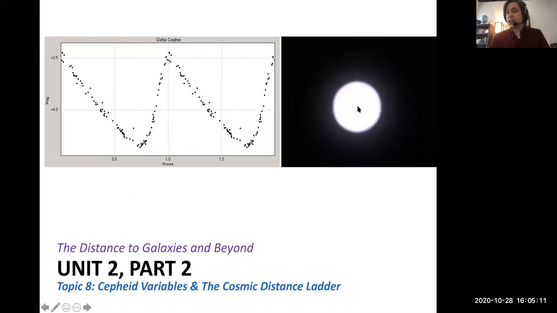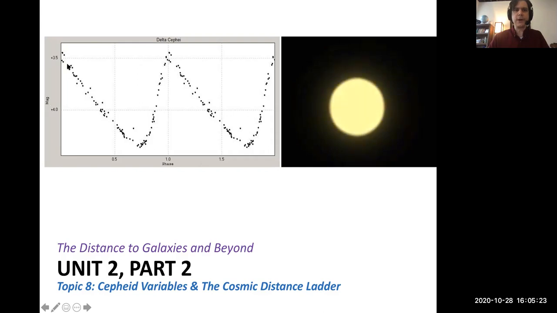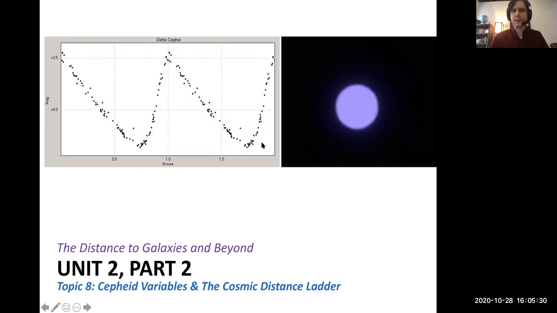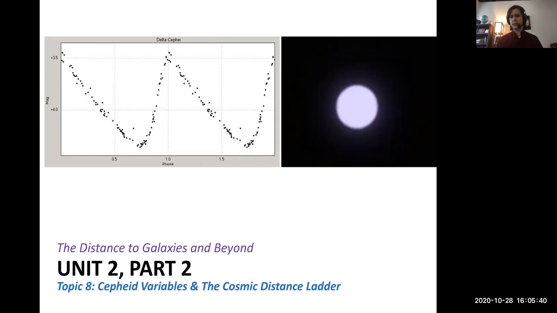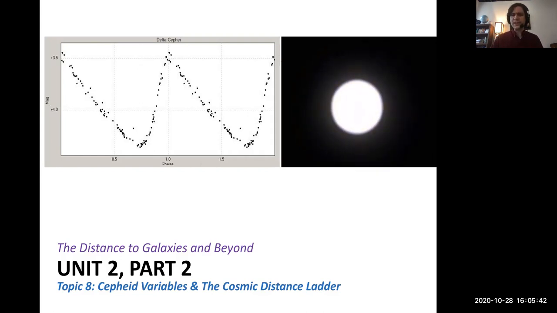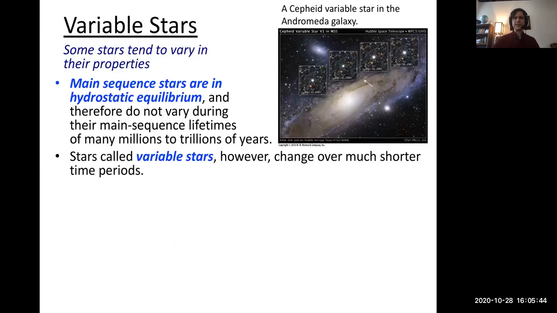And you can see that it's changing its properties over time. Over here, you're looking at a light curve of this, which is just how bright it is measured in magnitude over here. So smaller numbers are brighter, and that is getting dimmer with time, and then brighter with time, and then dimmer with time, and then brighter with time. So it is changing its properties. So it's changing not only its luminosity, its radius, but also its surface temperature slash color. So let's go ahead and dive in and see if we can make some rhyme or reason and understand what